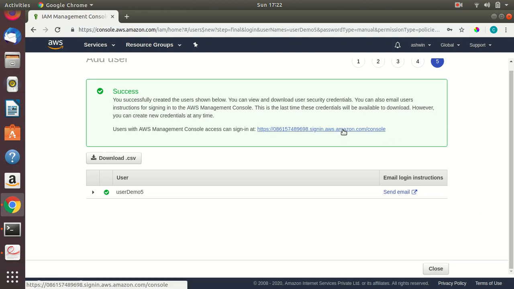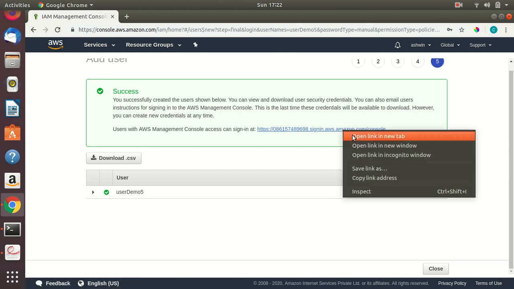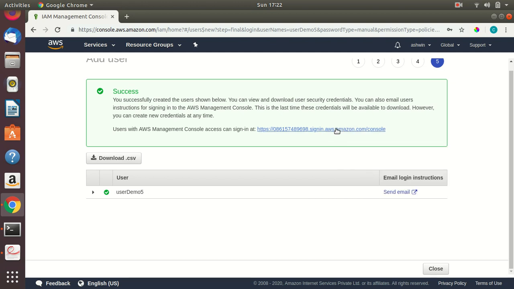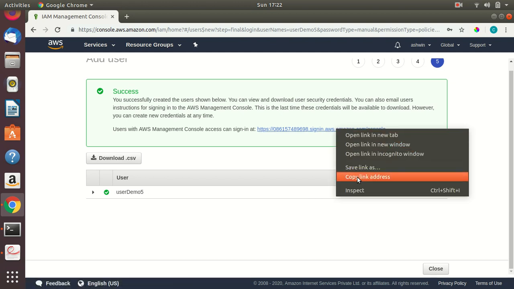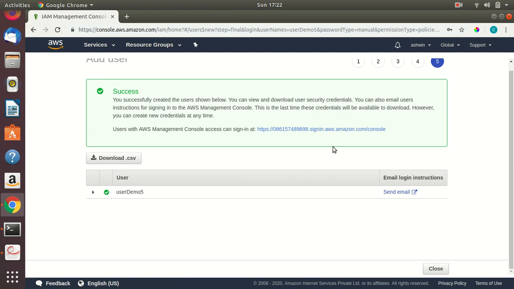I'll grab the AWS management console access URL and copy this URL. I'm currently logged in as a root user. Then I'll log out and log in as the user which we have just created.